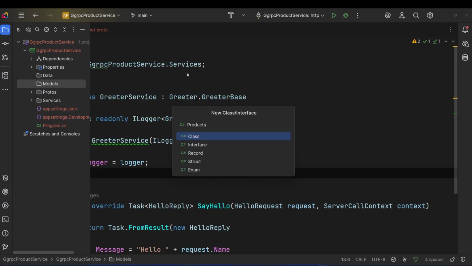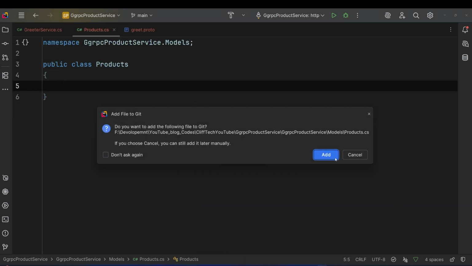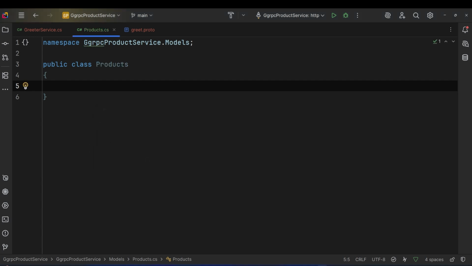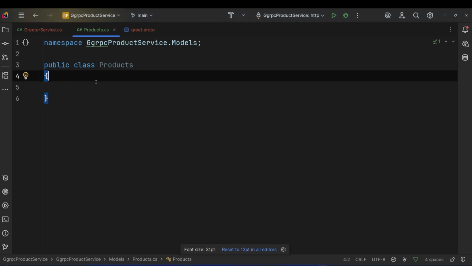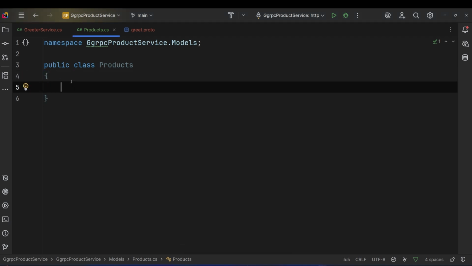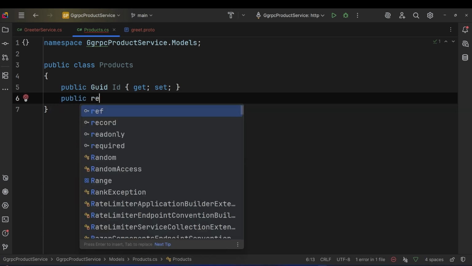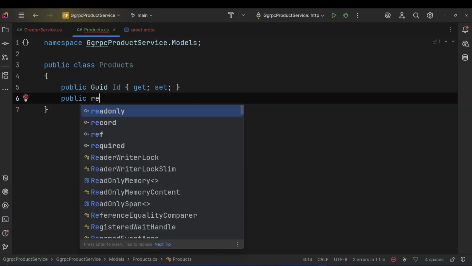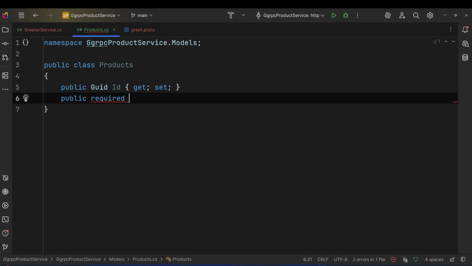I'm going to call it Product, right? So what we want to do is first of all make sure that this has some kind of ID. So we're going to say public Guid Id. I always like Guid Id. And then I'm going to have public required string, so let's make this one a required string right here, and then we're going to say the product name,